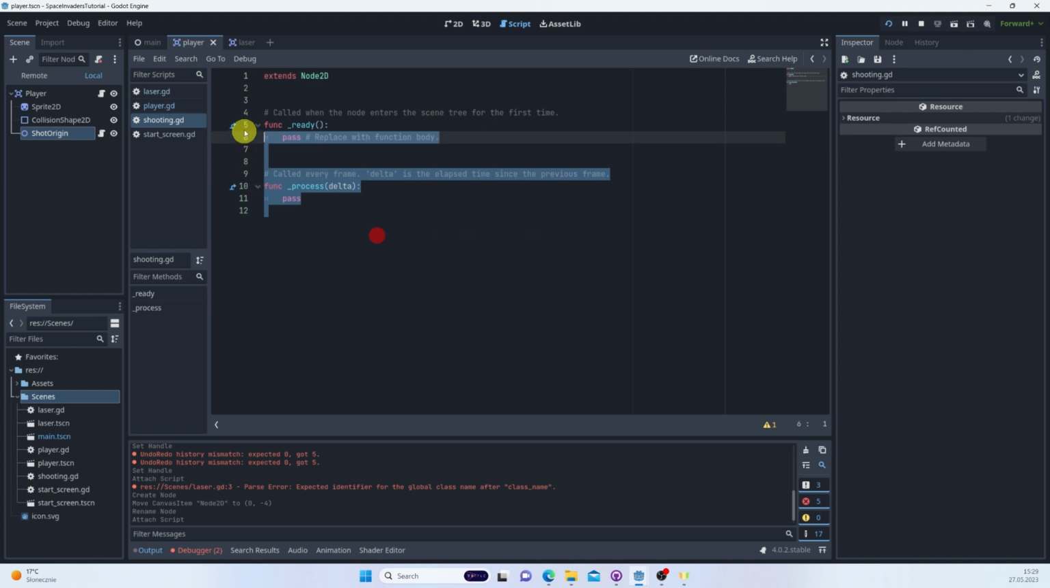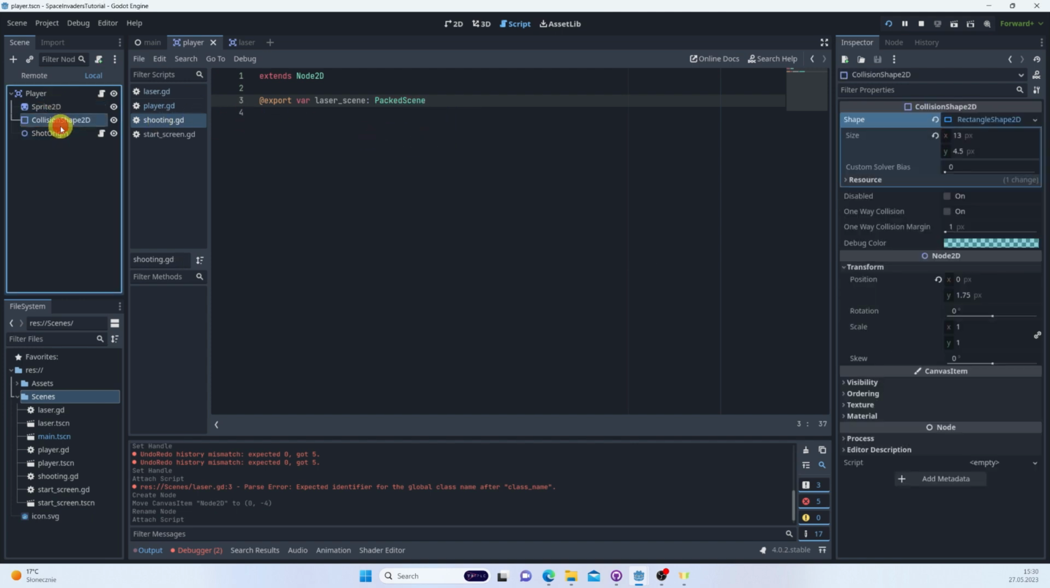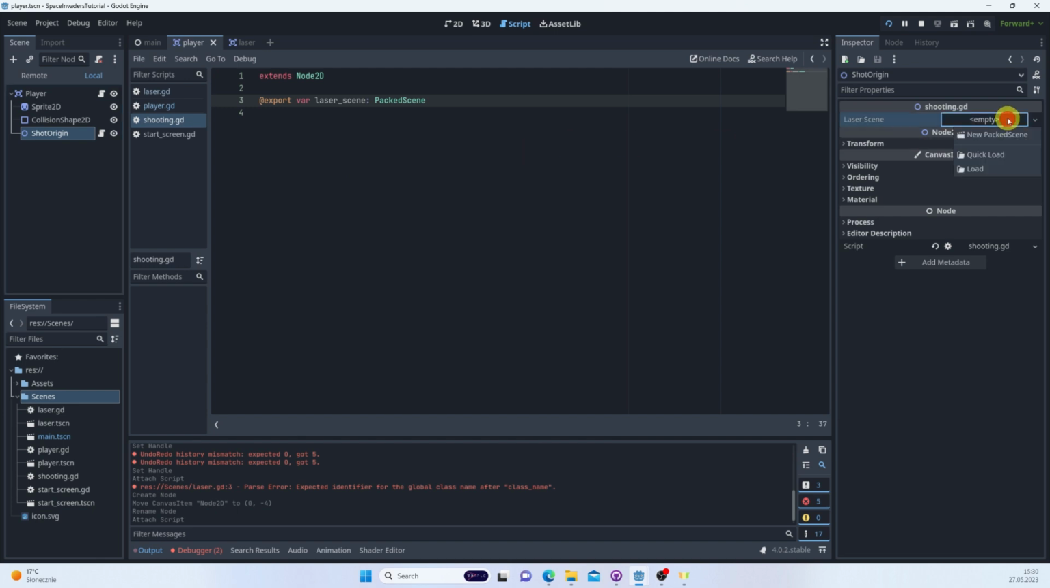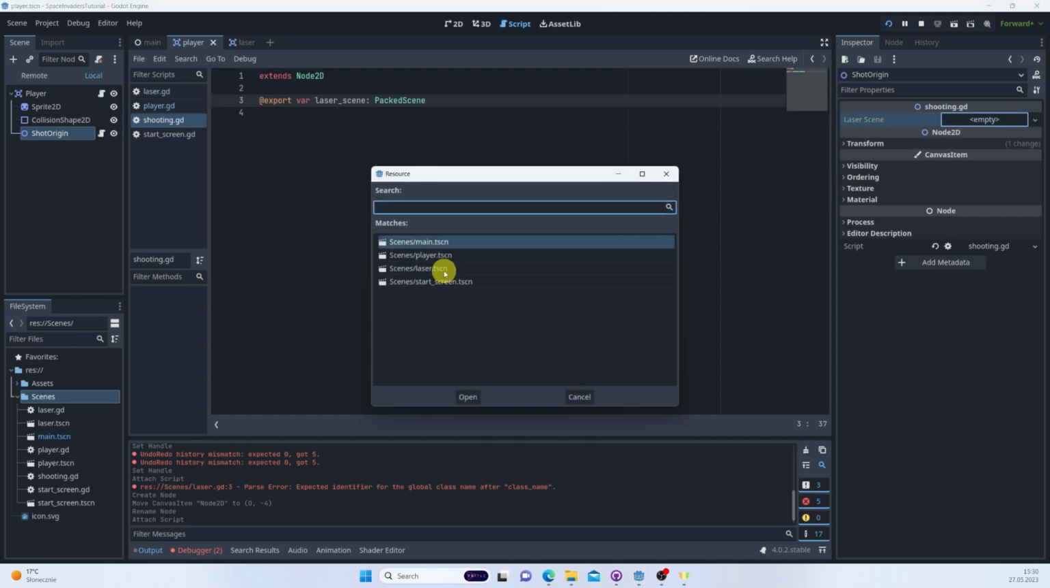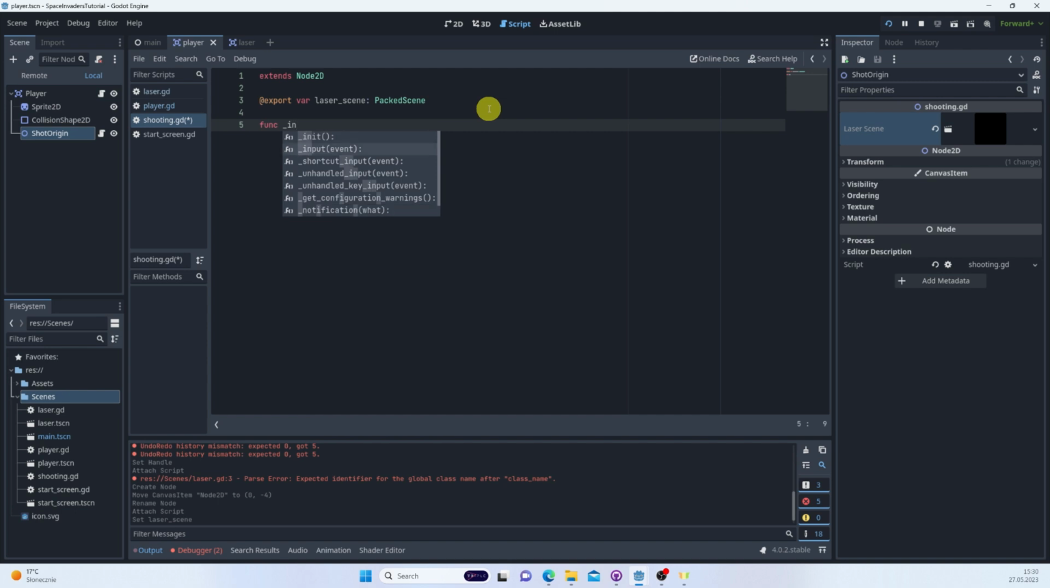So we will need the reference to our wonderful laser. So let's export var laser scene is a PackedScene. Okay, and we should be already able to assign that. So let's quick load and choose a laser. And we just need to instantiate it basically every single time that player presses space. So let's get